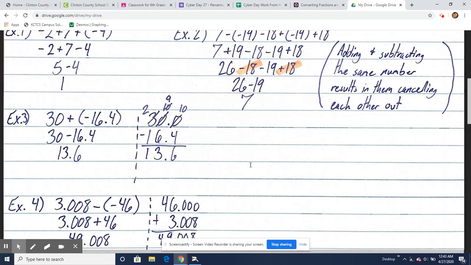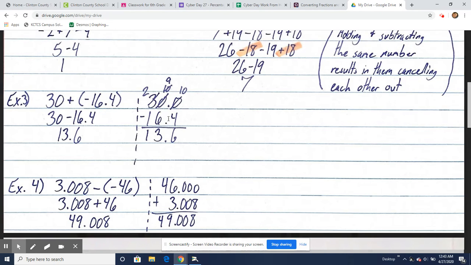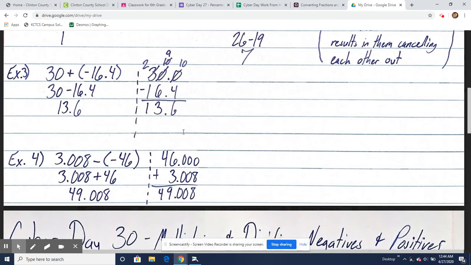Another example, change our symbol, adding a negative. So we go 30 minus 16.4. Set our numbers up, line up our decimal, and then we can do our subtraction. And we end up with 13 and 6 tenths. And last one,